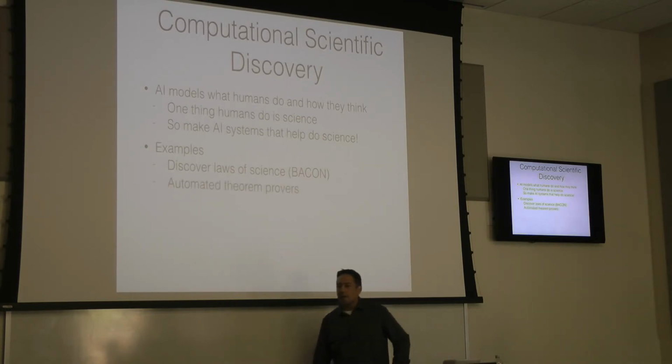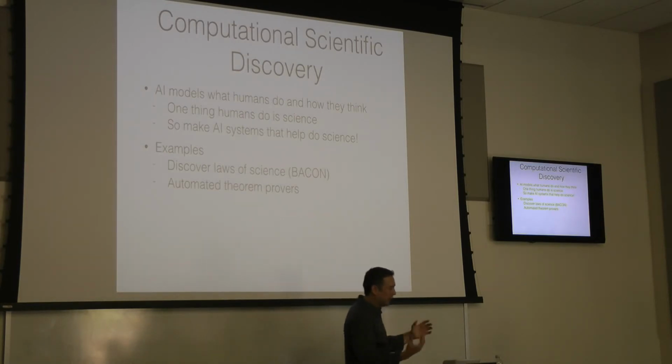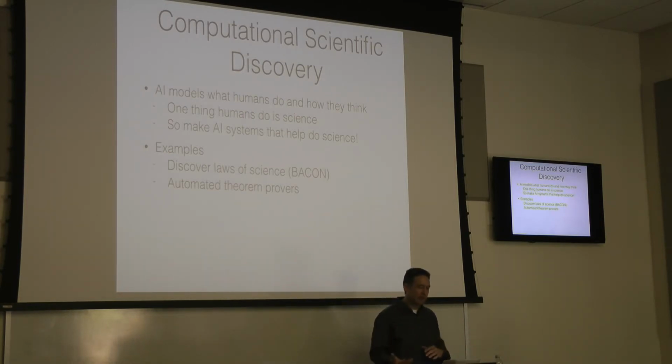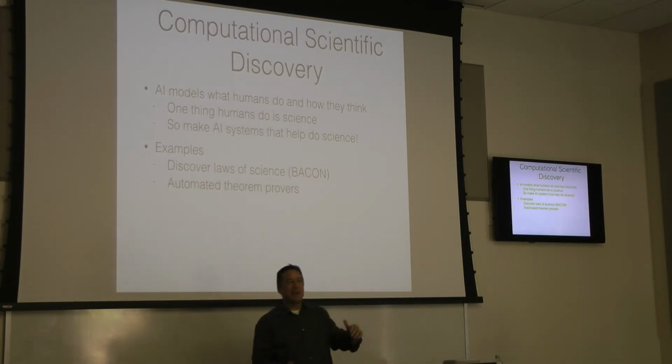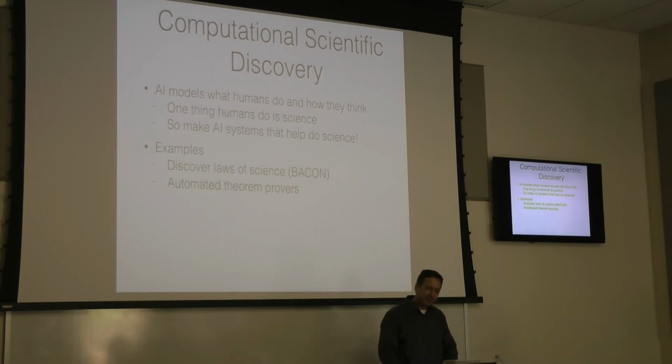There was a lot of work on automated theorem provers, where you make a computer that could do logic, and then you have the computer try and solve things. There's a famous example of Principia Mathematica, this giant three-volume thing that took years and years for Whitehead and Russell, with pages and pages to prove that 1 + 1 is 2. But it put math on a logical foundation, and then they made a computer that reproved all these theorems in like 15 minutes or something.